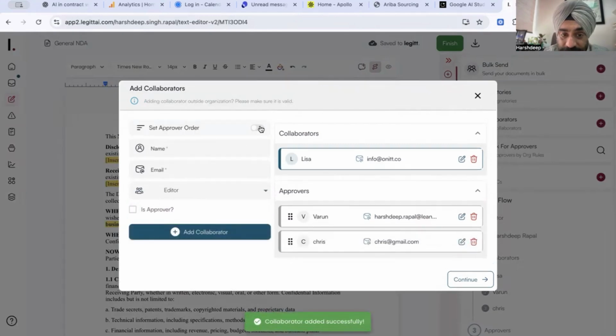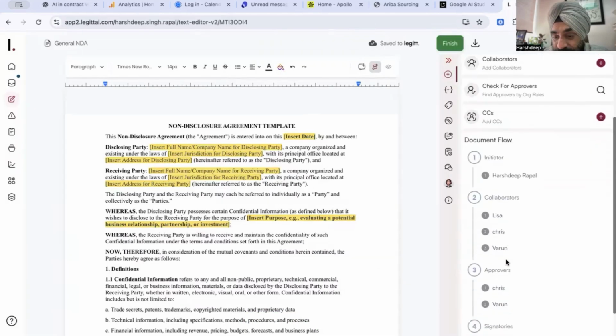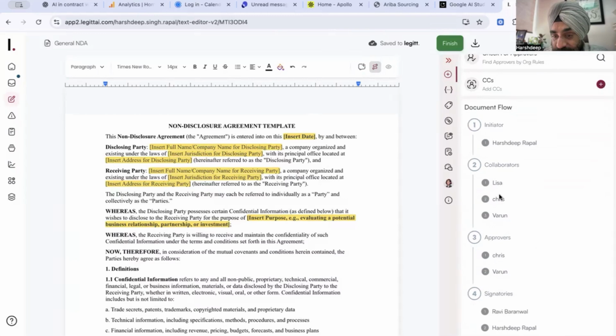Similar to signatories, I can switch on that, okay, first Chris needs to approve this document and then it goes to Varun for approval. Click on continue. Now you see there are three approvers, Lisa, Chris, Varun. Out of these, first Chris will approve and then Varun will approve, and then it'll go to Ravi and Harshdeep